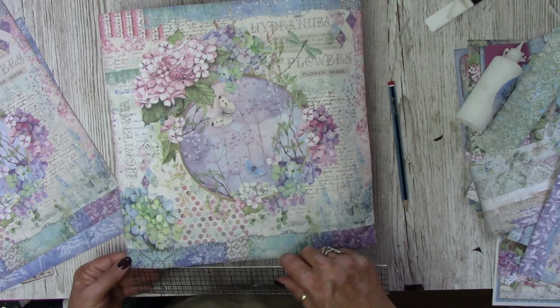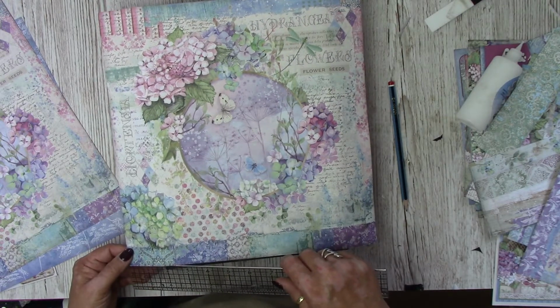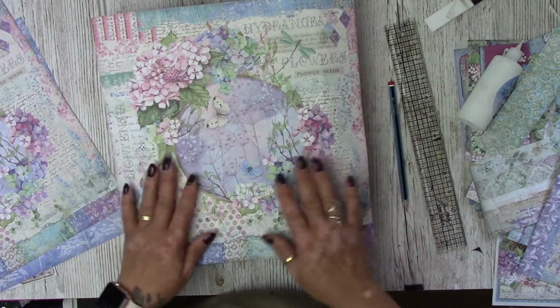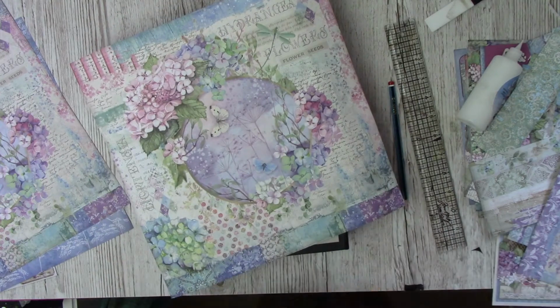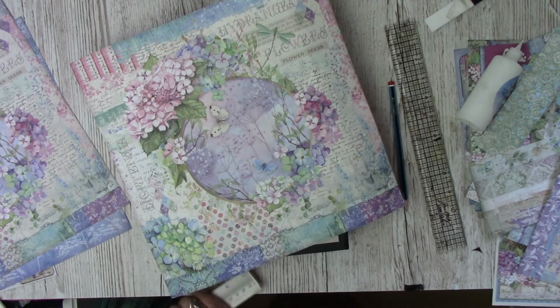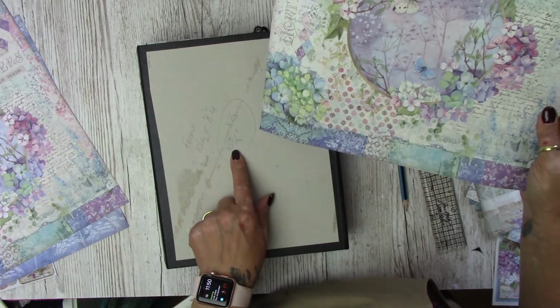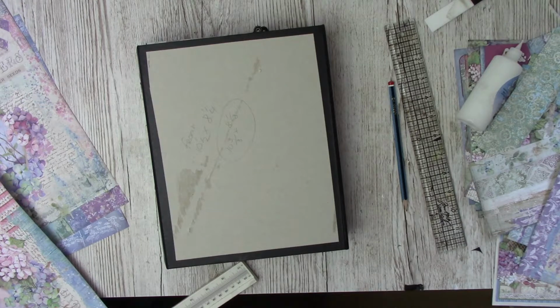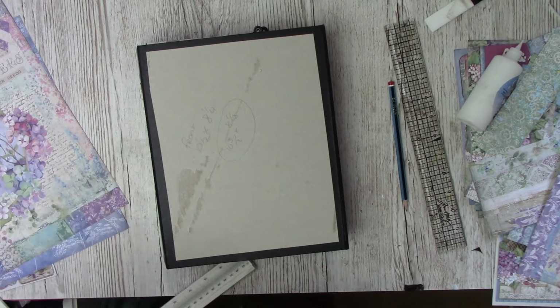So that is about 1 7/8. So I'm going to take off 1 7/8 off that side, and then see where we go from there. First of all, I think the best thing to do is to cut it down. So 10 3/8. So I'm going to cut that part off, and then I'm going to